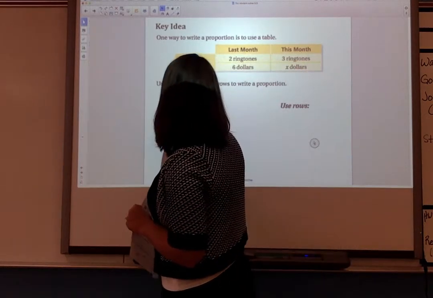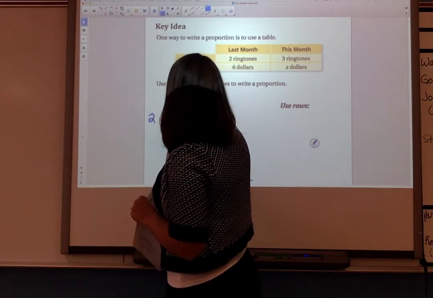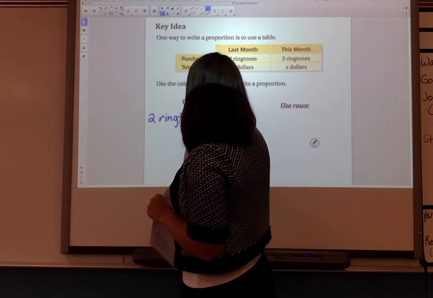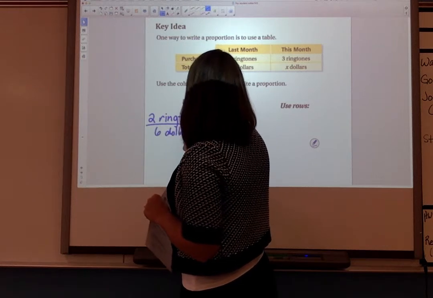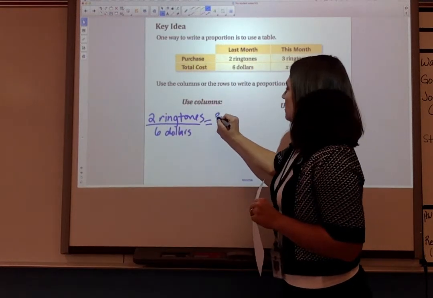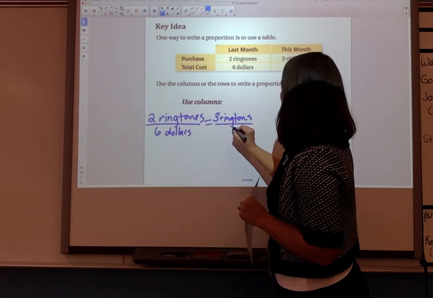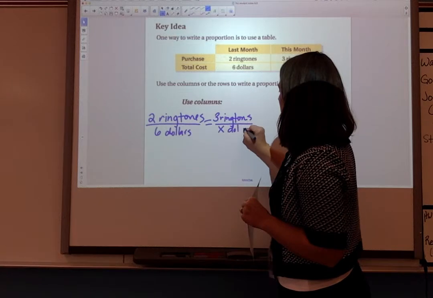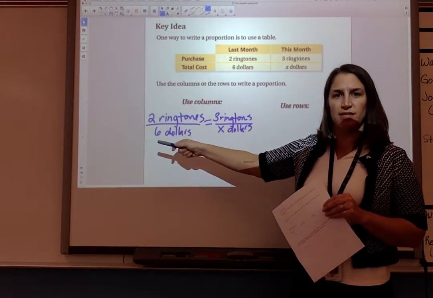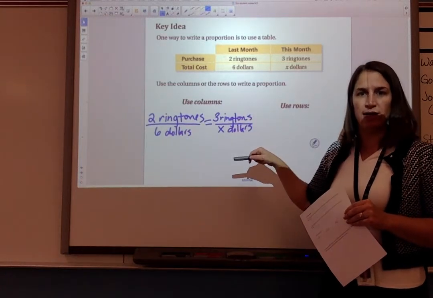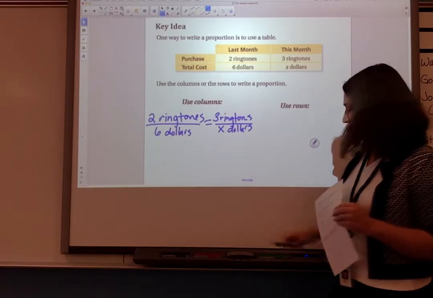So we're going to have 2 ringtones over $6 equals 3 ringtones over X dollars. So we're comparing last month 2 ringtones to $6 to this month 3 ringtones to X dollars. And we could solve that proportion to find out how much we spent